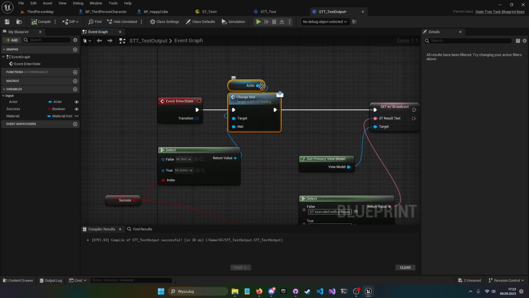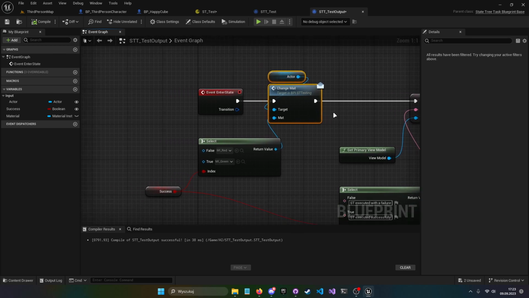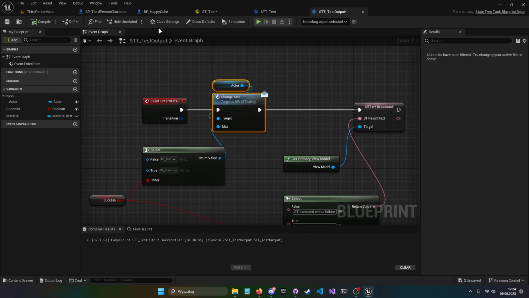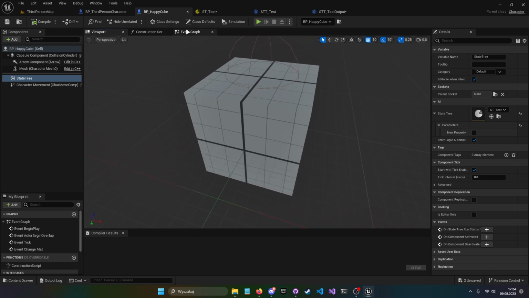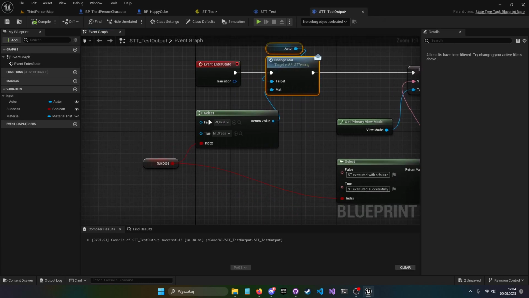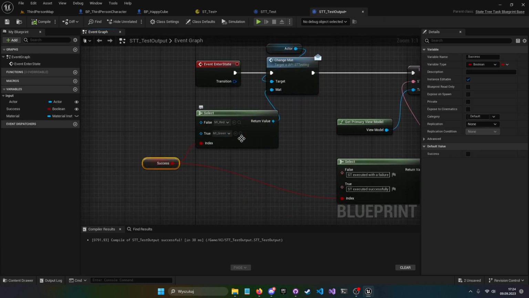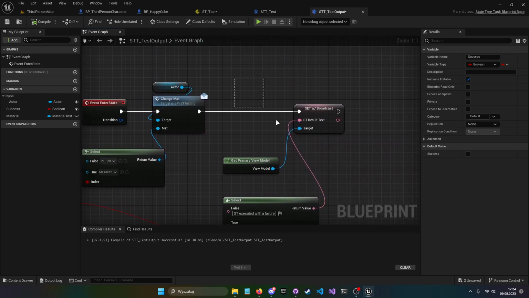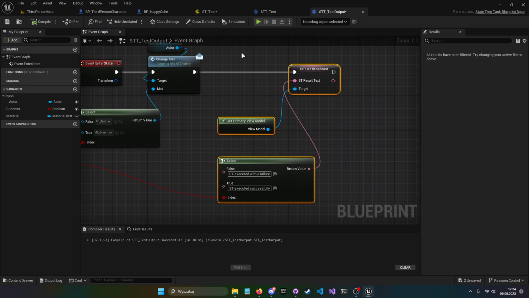Of course, I could cast and change the material that way, but I just made a very simple interface in our happy cube that says set material to whatever we pick, and on success, if it's passed, then we change it to green, if not, then red, and it's using actually a new, well, not very new, but now usable with blueprints, view model